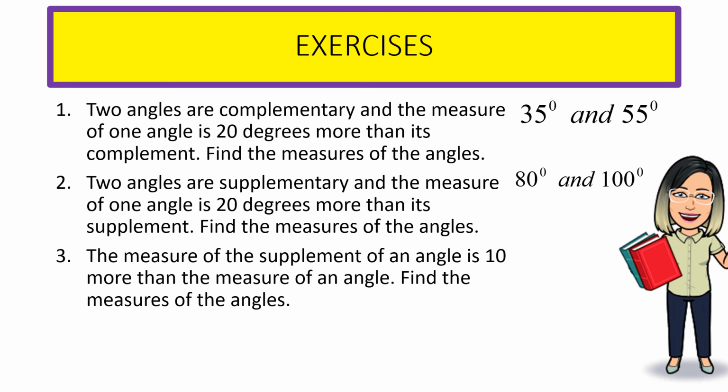We are in the third problem. 2 angles are supplementary and one is 10 more than the measure of the other angle. So we have the measures. We have 85 and 95. One is 10 degrees more than the other angle. So 85 plus 10 is 95. And if we find the sum of 85 and 95, that is equal to